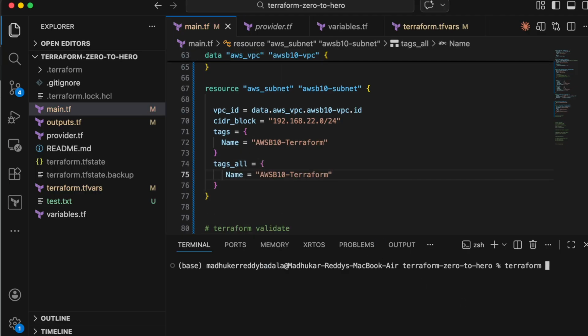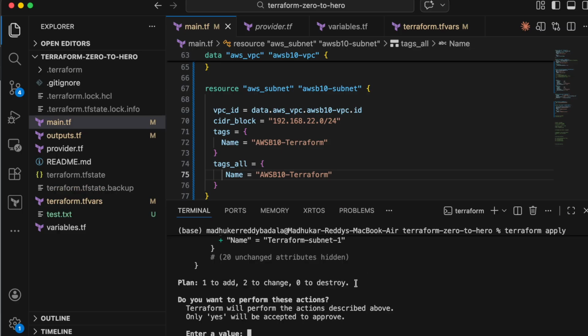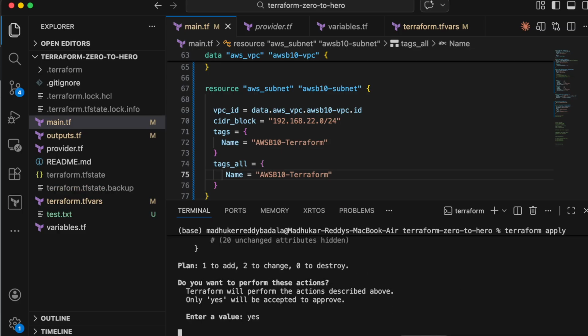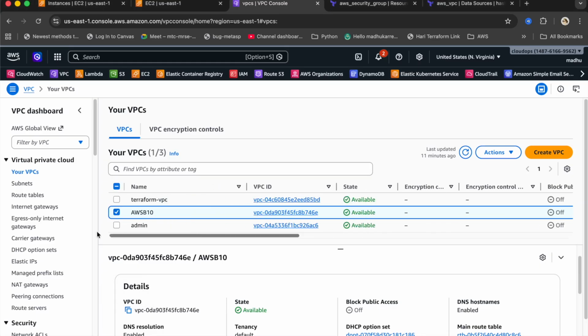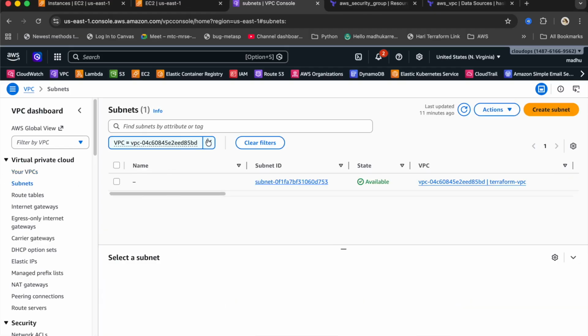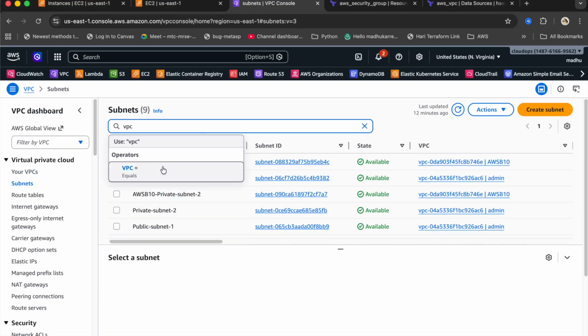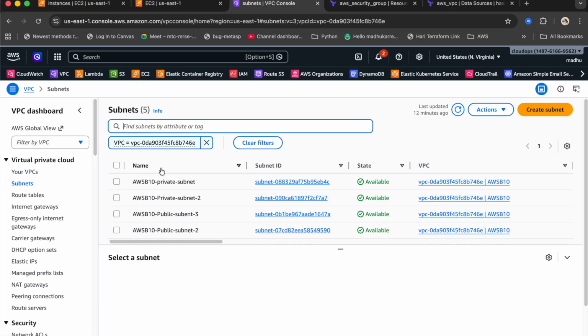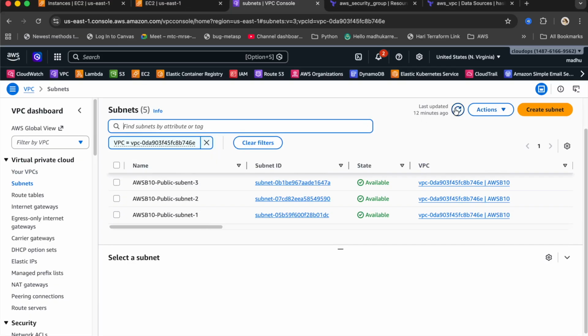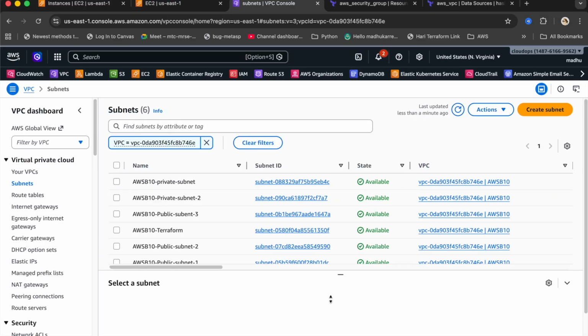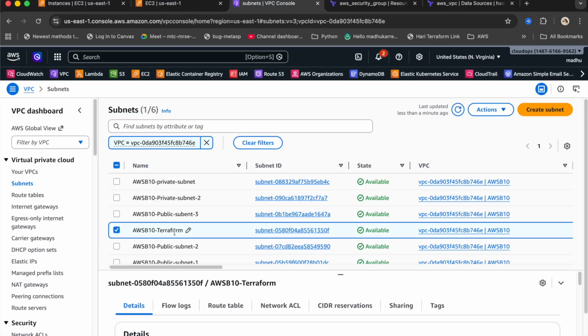Now run the command Terraform apply, press yes, and then let's filter subnets with the VPC ID, so VPC equal to this ID. Let's refresh it. Now you can see this AWS B10 Terraform, you got it. So that's how you can use